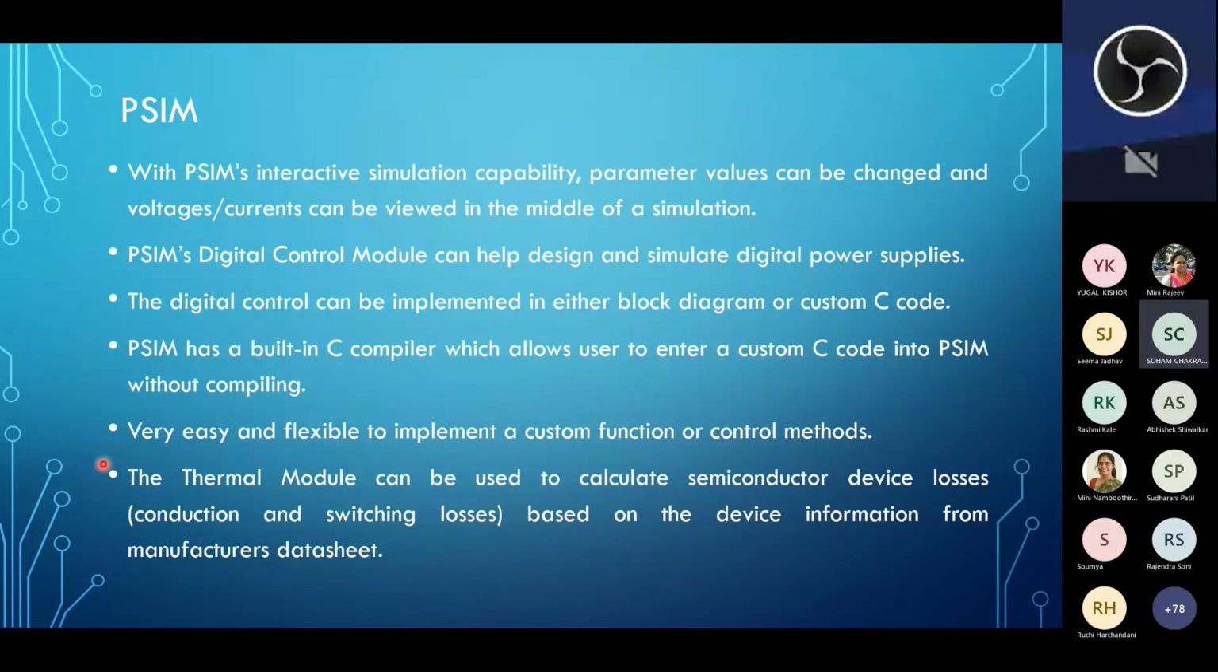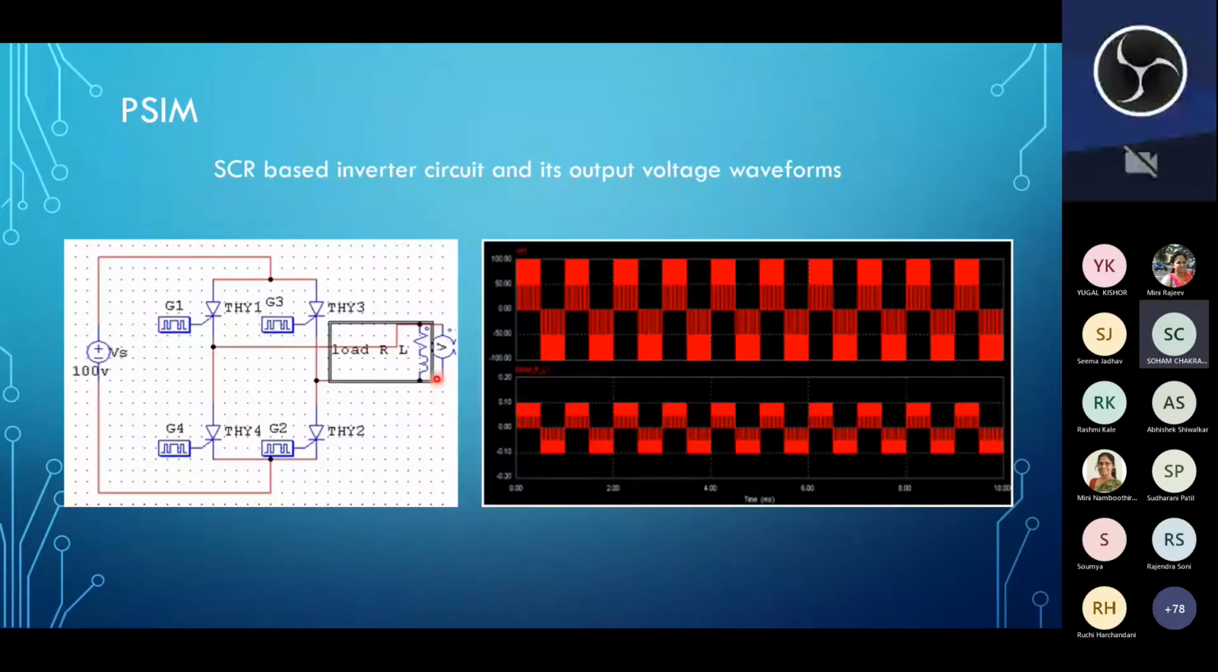You can directly use the manufacturer datasheet to import or take the values from it and enter them in the software, and based on that it will give you a basic thermal and conduction and switching losses analysis here. Right. These are just some of the screenshots